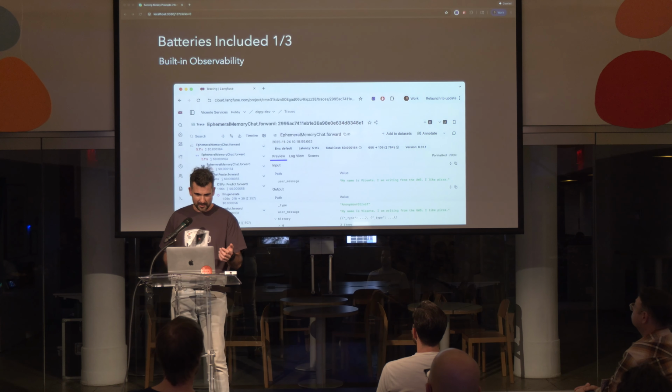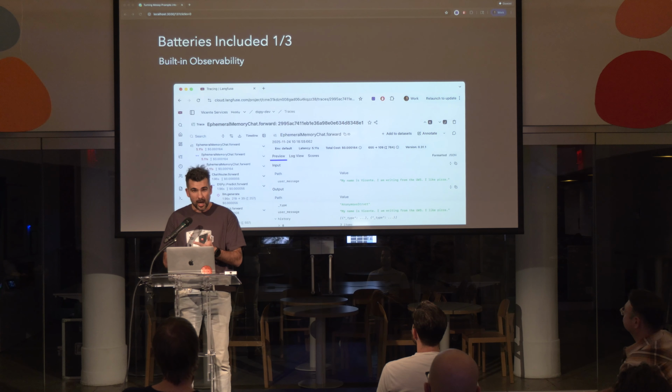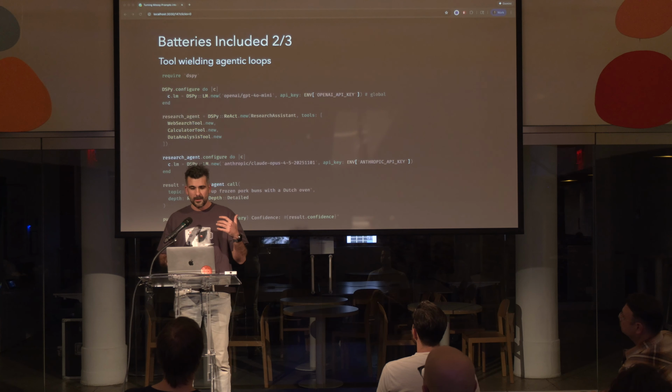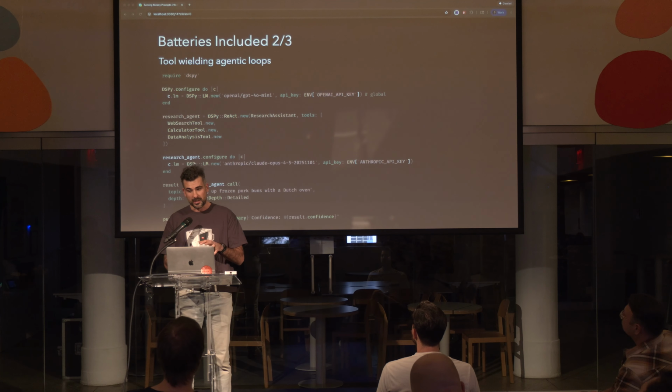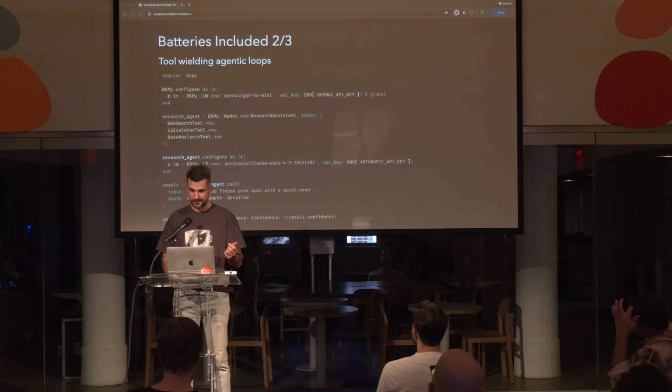This is one of the experiments that I've been running lately, a chat with ephemeral memory. You guys are familiar with OpenTelemetry. You can see what's going on, what the inputs are, what the outputs are, what the cost and the response time are, so you can keep track of what's going on. I've introduced you to 2 of the 3 core predictors that I'm shipping. The third one is a tool-building agent called ReAct, and you need to provide it with the tools it needs to access the outside world, in this case, the internet.